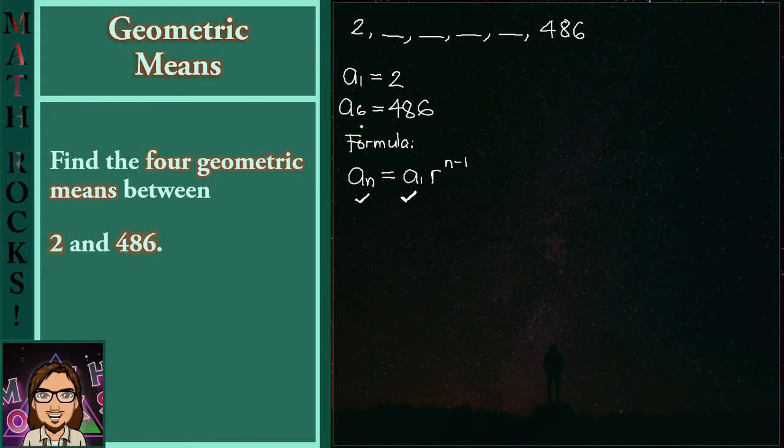So since we have made an assumption that our a sub 6 is the a sub n, then obviously this n right here also changes to 6. So now, you will notice that the resulting equation only contains one unknown value, which happens to be the common ratio, r. So this suggests that we could also make use of this formula for us to find the common ratio in the problem. And now, since we would like to have the a sub n be a sub 6, which has the value of 486,